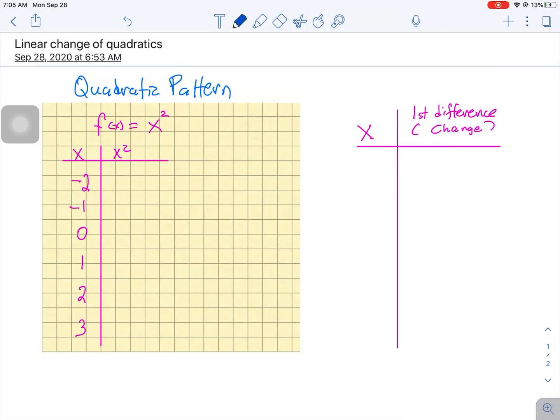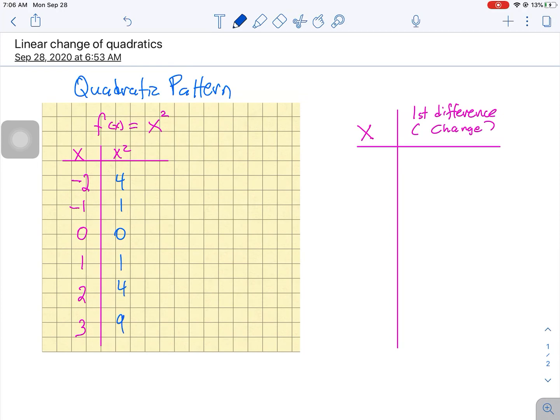Welcome. This video is to look at the pattern of linear change for a quadratic and how you write that equation. So we can see that we have a quadratic relationship. f of x is x squared. Here are some x values. If it's squared, negative 2 squared is 4, negative 1 squared is 1, 0, 1,